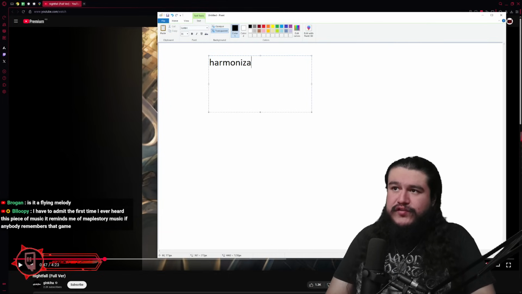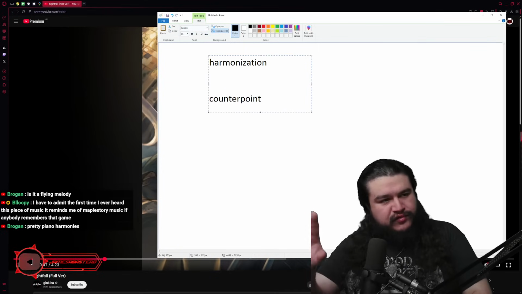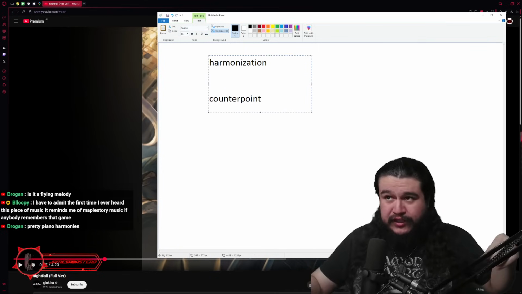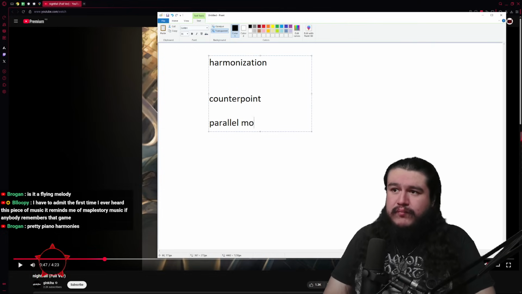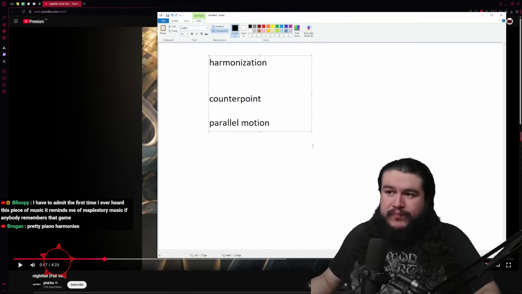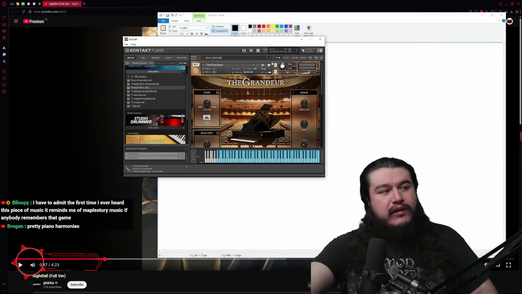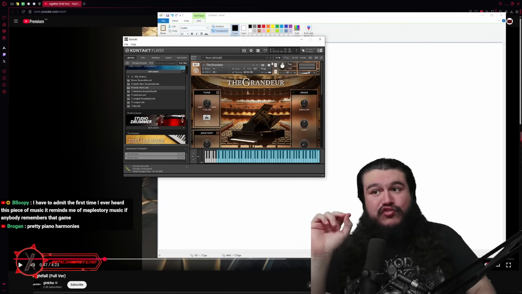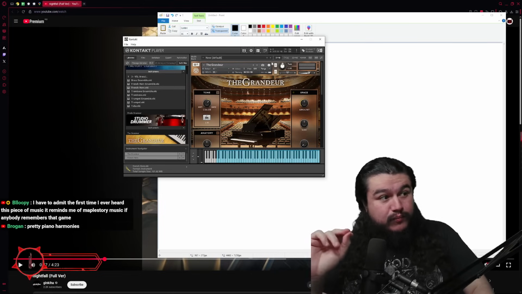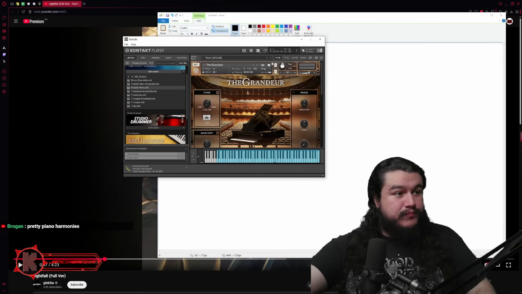Or harmonization, which is in counterpoint, counterpoint being the study of melodies, how they interact with one another, how they develop. And in counterpoint, we would call this parallel motion to an extent. The concept of parallel motion is when you have a melody, let's say our very simple melody, and you decide to add a second melody doing the same overall shape just from a different point in the scale. So let's say we have our original melody, and we decide to add a harmony from it, up a third,